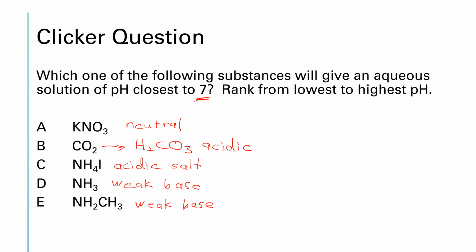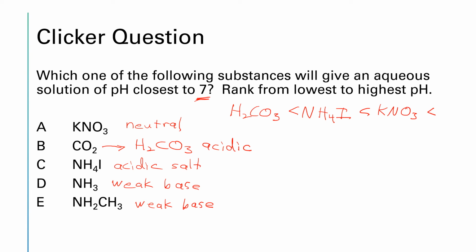Since carbonic acid is actually an acid, I would go ahead and rank that as being the lowest pH. Then ammonium iodide being an acidic salt, I would put next. Then I would put our neutral salt, which was